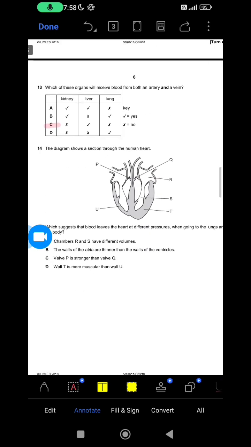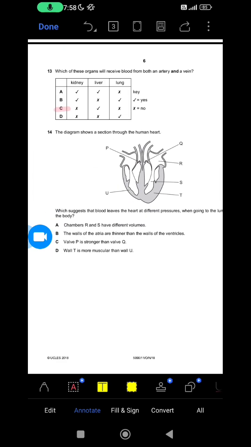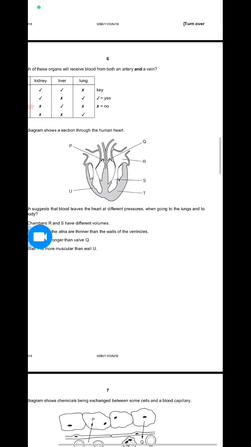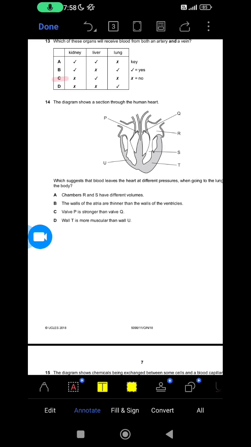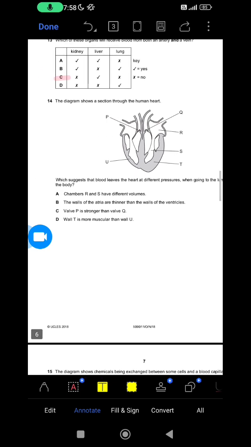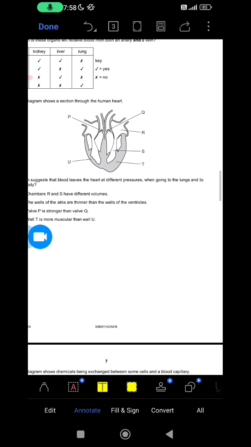The diagram shows a section through the human heart which suggests that blood leaves the heart at different pressures when going to the lungs and to the body. Let's see. Chambers R and S have different volumes. No, this is incorrect. The walls of the atria are thinner than the walls of the ventricles. No, this does not explain it because from the atria the blood enters the ventricles, not the lungs or other parts